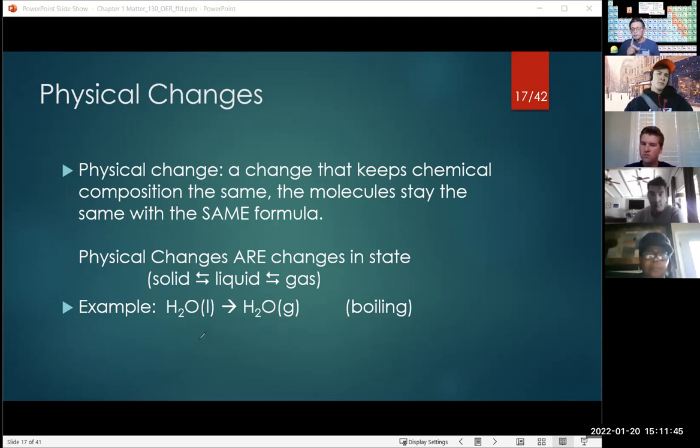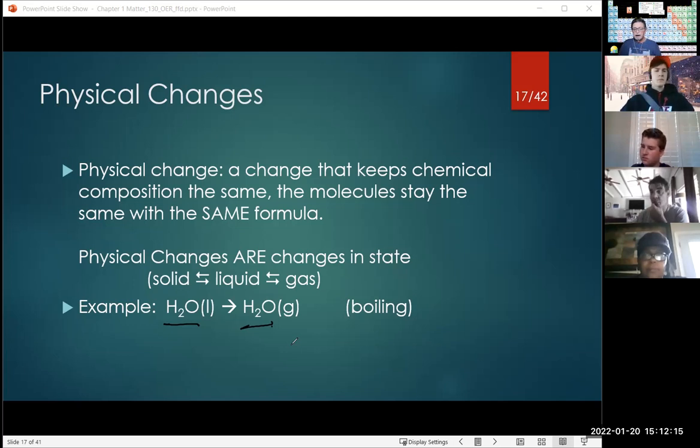Now, in this particular case, you may not know the formula for water or for any chemical, but you can analyze it: it's H2O to begin with. And guess what? It is H2O after the arrow. So structurally, it is still the same. Now, I could write any formula up here, and you may not know what it is, and that's okay, but I hope that you can analyze the formula and say, hey, structurally, it looks the same.